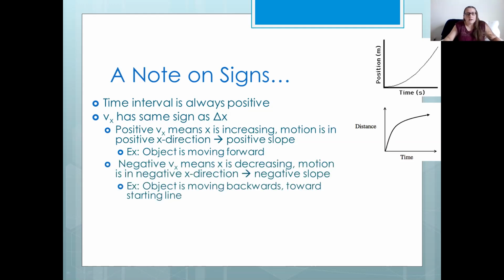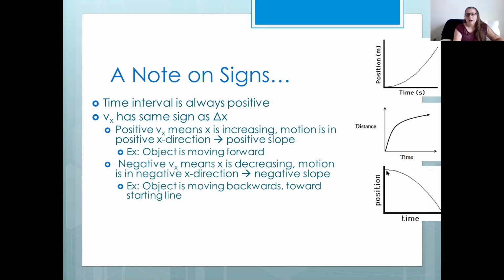A negative velocity in the x direction means that our position is decreasing, or motion is in the negative x direction. That would give us a negative slope in our position time graph. So that would happen if the object is moving backwards towards the starting line. We might get a graph that looks like this,